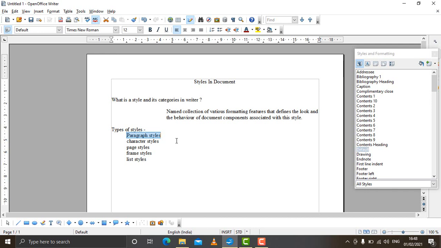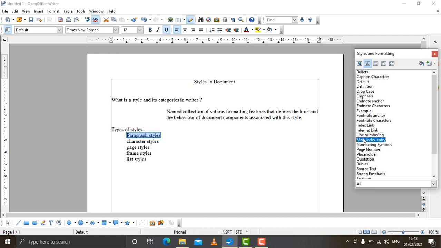Select paragraph styles, come to text style, that is character styles, and double click on any. So you can see this is being changed, the style is changing. So this is quite a simple and quick method to apply styles on the document.